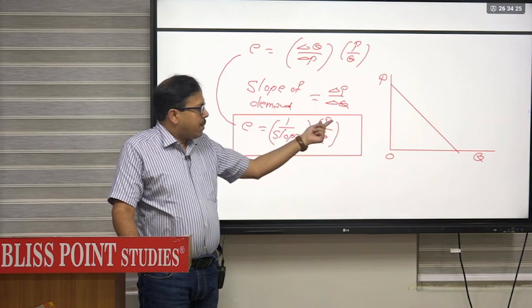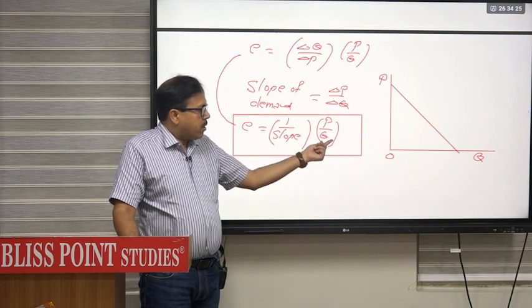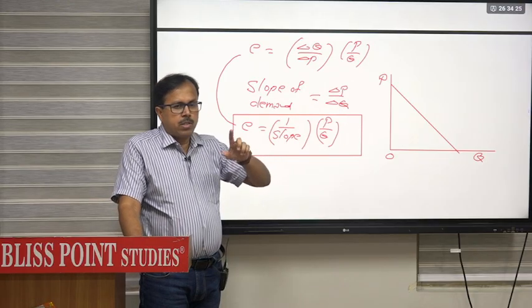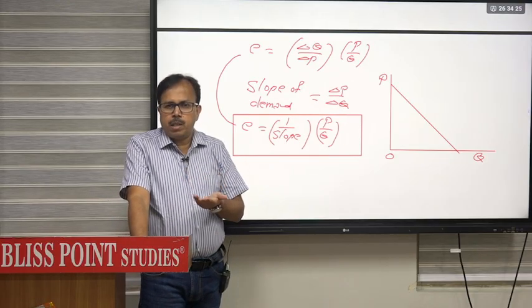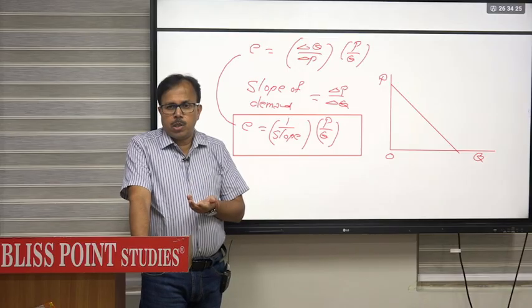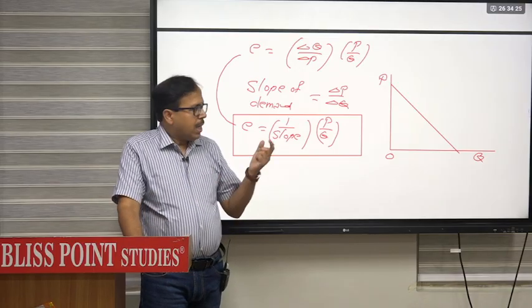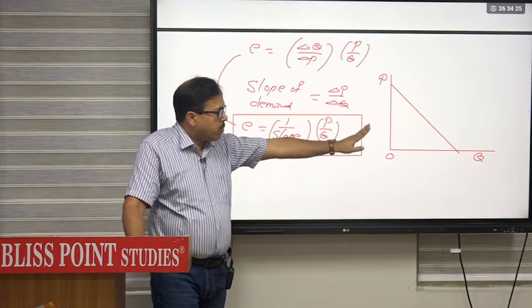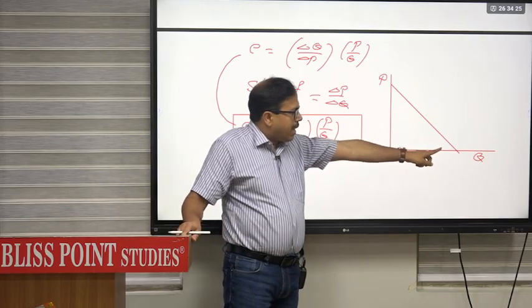Elasticity depends upon price, elasticity depends upon the quantity. So if I have drawn a straight line demand curve, that means slope at every point is the same, but elasticity will not be the same because elasticity is not only slope. Elasticity is 1 by slope into P by Q. So just focus on this diagram now. If you want to calculate elasticity at this point,